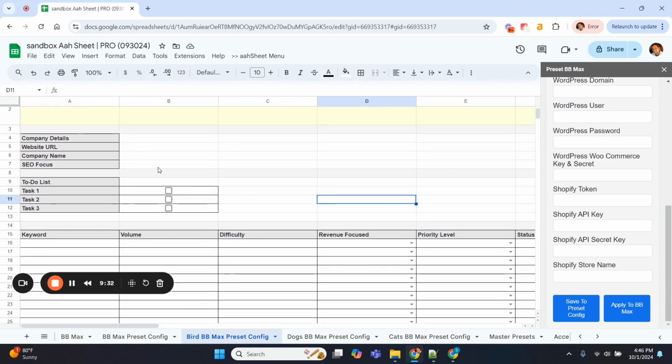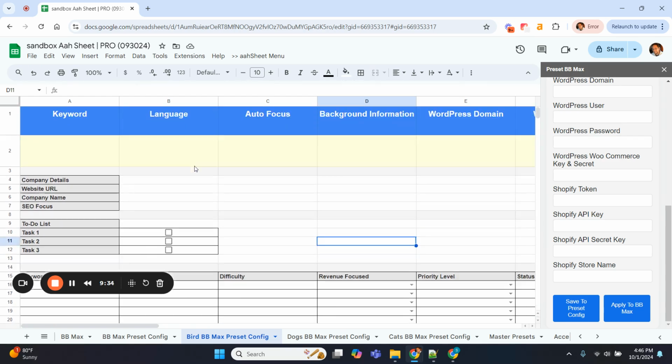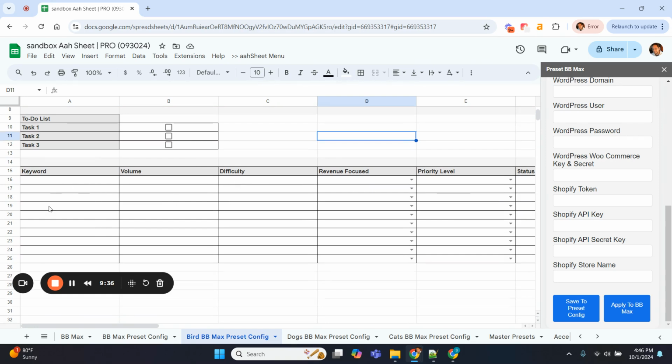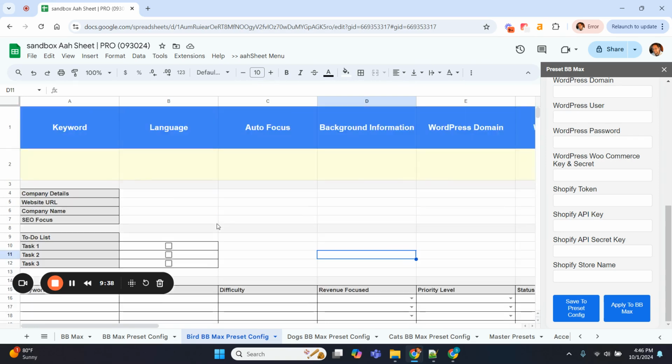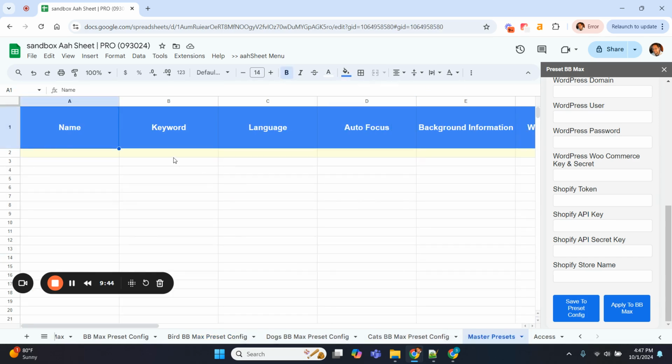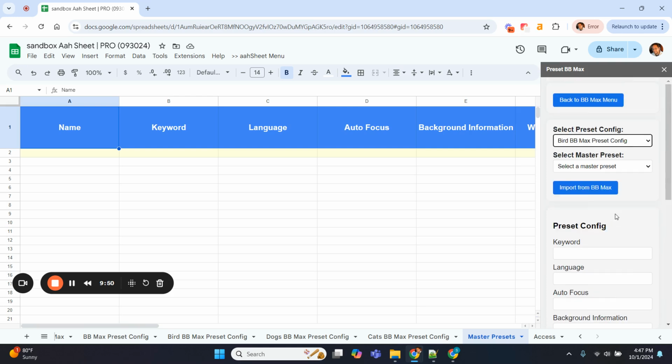But maybe you don't want to track individually like this. You don't need to track all the keywords. You want to keep things maybe a little bit simple. You also have this just master list here, and right now it's empty. So there's a couple ways to do this. You'll notice there's a second dropdown